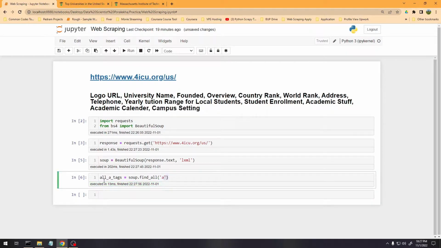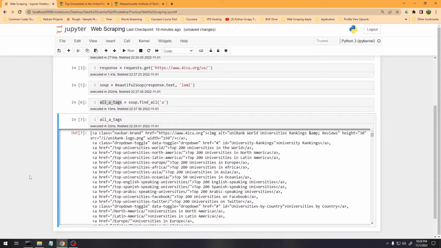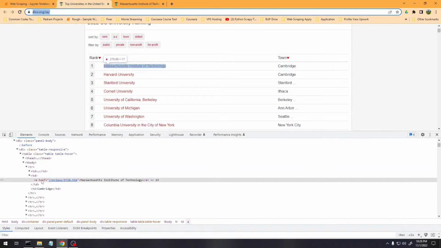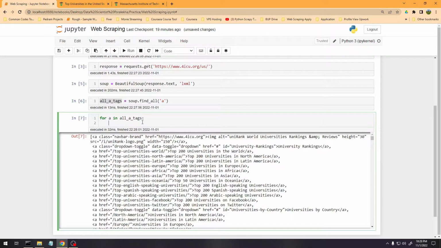Now we have all the A tags here, but our target is not getting all the A tags. Our target is to get only those tags that contain reviews in the href attribute. So let us do it in a loop: for a in, href. Okay, so if reviews in href